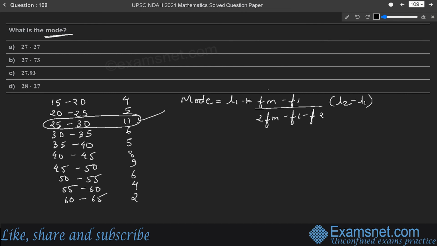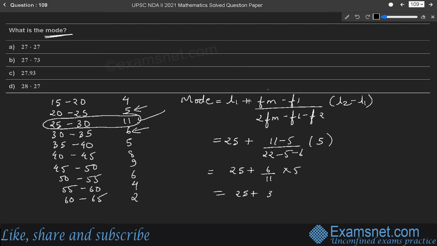F1 is the frequency before 11 which is 5 and F2 is the frequency after 11 which is 6. So putting the values here we will get 25 plus (11 minus 5) upon (22 minus 5 minus 6) into upper limit minus lower limit, which means 30 minus 25 will be 5. On further solving it will be 25 plus 6 upon 11 into 5, which will be 25 plus 30 upon